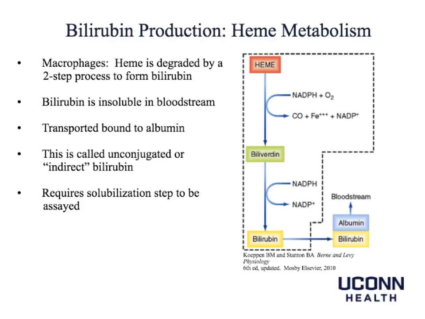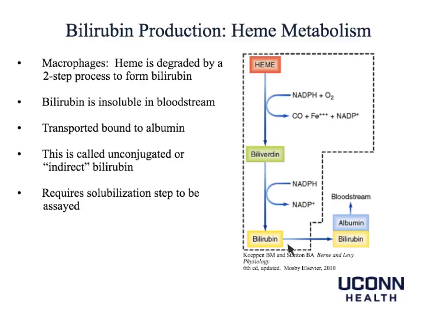Within macrophages, heme is degraded by a two-step process to form bilirubin. First, heme is converted to biliverdin via an enzyme called heme oxygenase that liberates the iron that can then be stored in the macrophage as ferritin for release at some future time when the iron is needed. Biliverdin is then reduced to bilirubin,